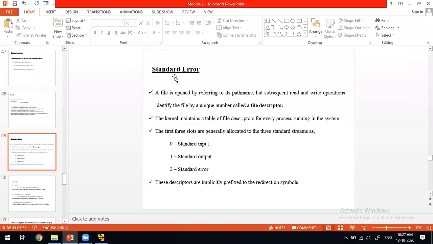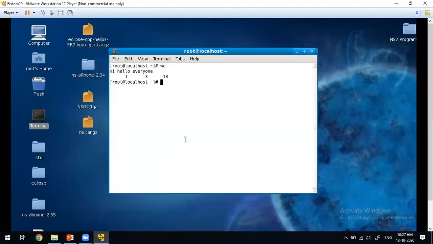This is where we stopped in the previous class, that is, standard error. See, whenever we execute wc dum.txt, if I enter this wc, the dum.txt file is not there in my system, in that directory.